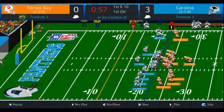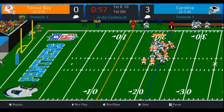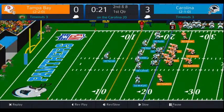which will make it 1st and 10, as the penalties are flying in this game. Rhett, your lone back in the backfield, trips to the bottom of your screen. Dawsey, Harper, and Copeland. Hawkins split out to the top of your screen. Here's the snap. It's a sweep to Rhett. Rhett does get a little daylight for a 2-yard gain, but he's tackled by Cragen for a 2nd and 8